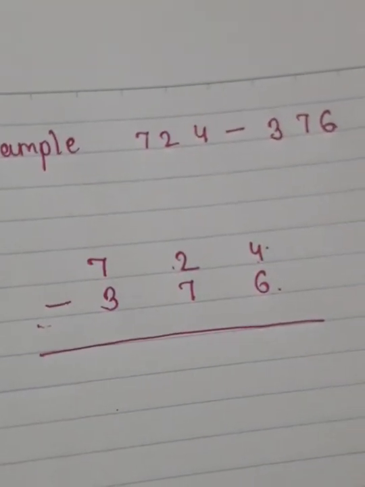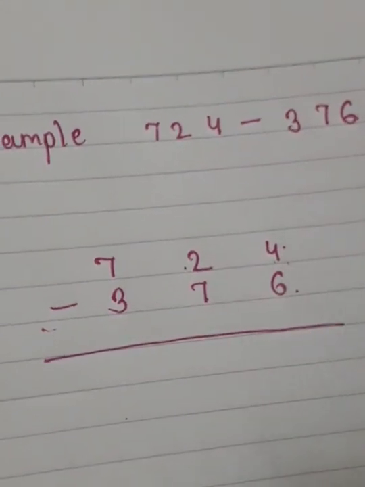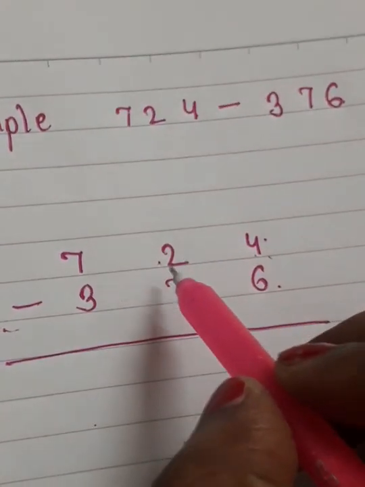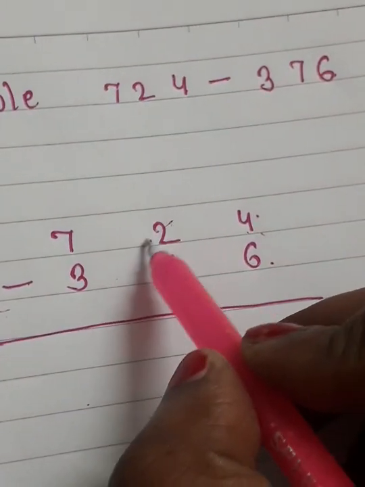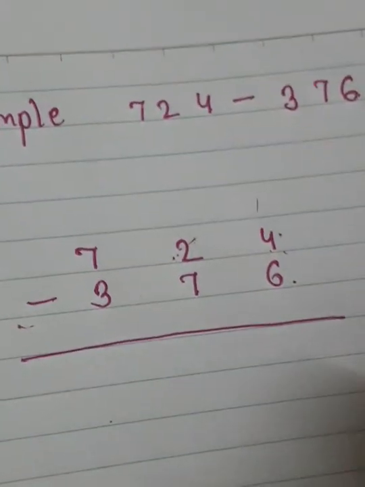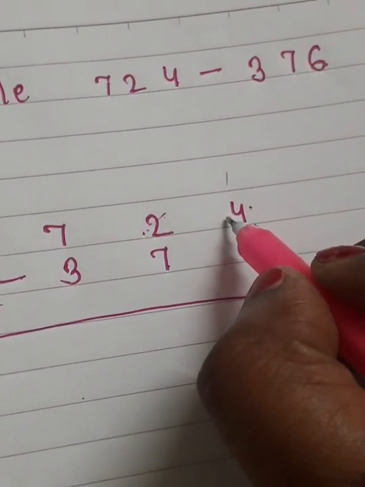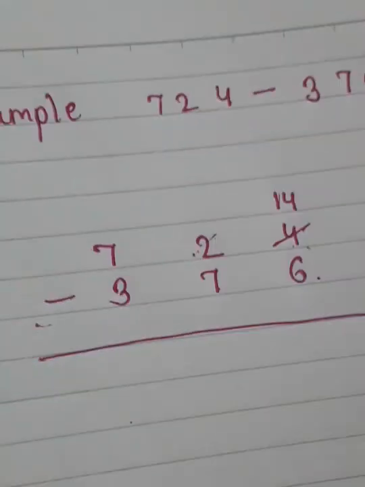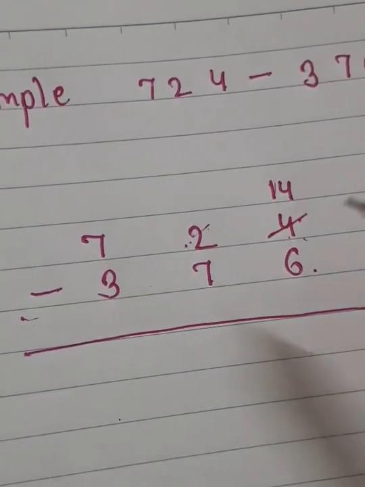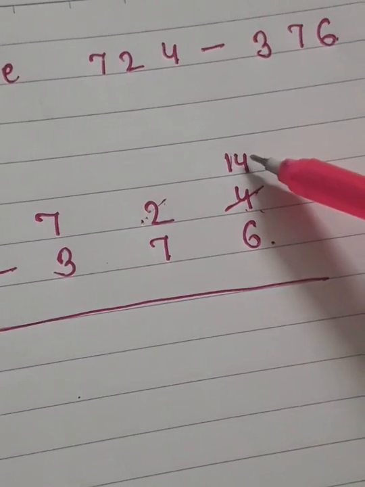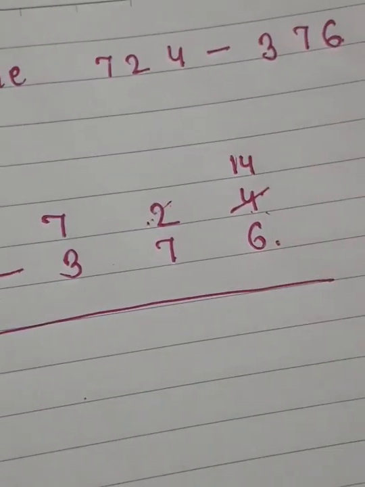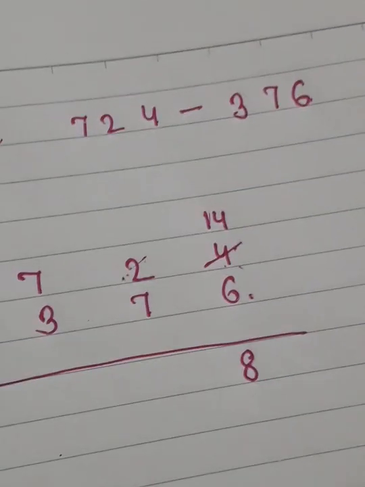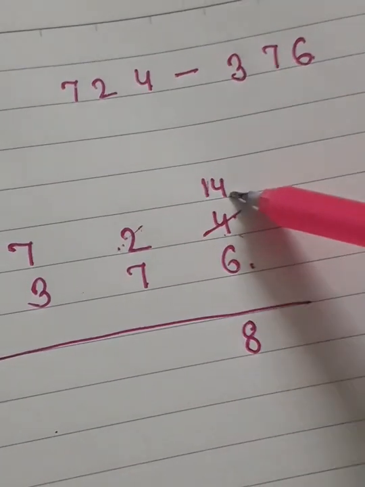You will only assume. So in the new method, you are going to assume the number. In the old method, we take 1 here and this becomes 14. In the new method, we will assume it as 14. We will not ask for any help, we will only assume it. Now, what will happen? 14 minus 6, you will get 8.